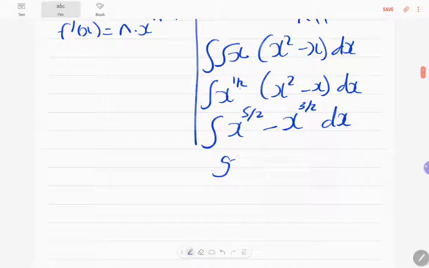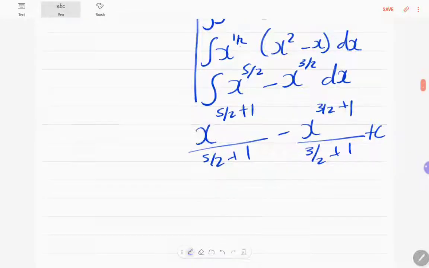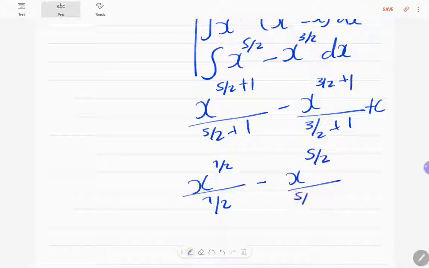x to the power 5 over 2 plus 1, all over 5 over 2 plus 1, minus x to the 3 over 2 plus 1, all over 3 over 2 plus 1, plus c. So now we'll end up having x to the power 7 over 2 all over 7 over 2, minus x to the power 5 over 2 all over 5 over 2,